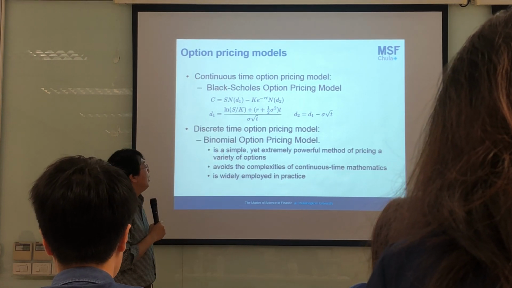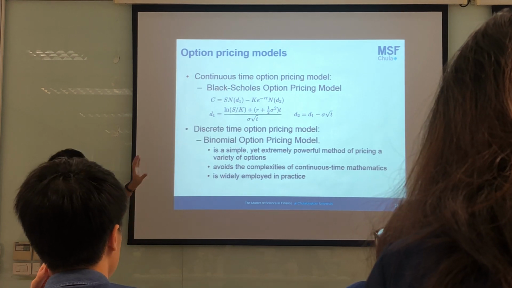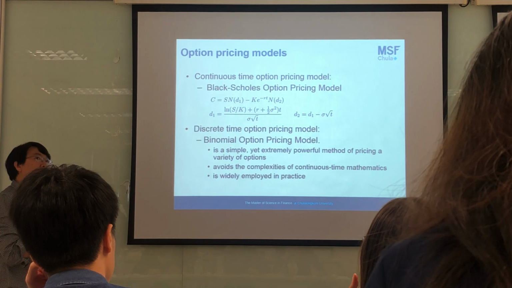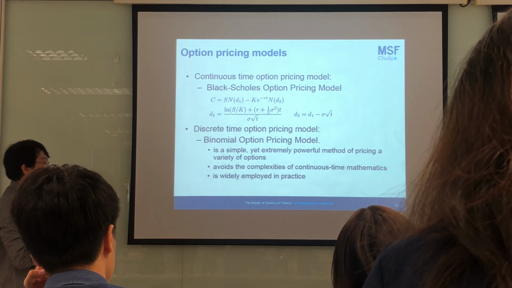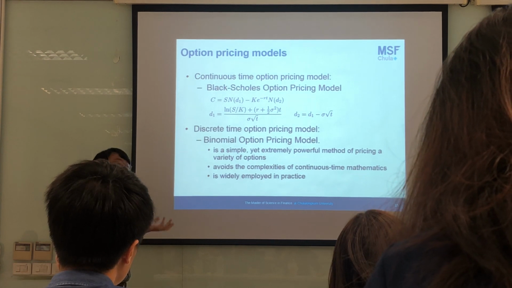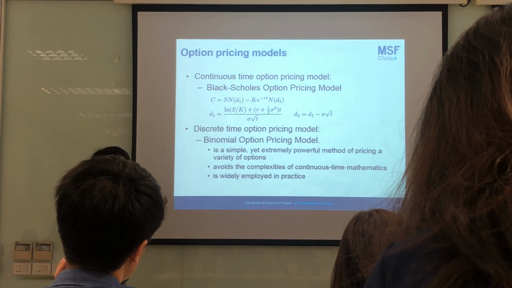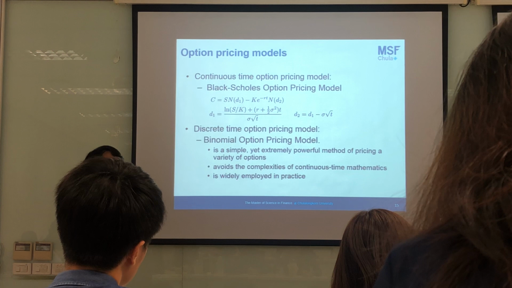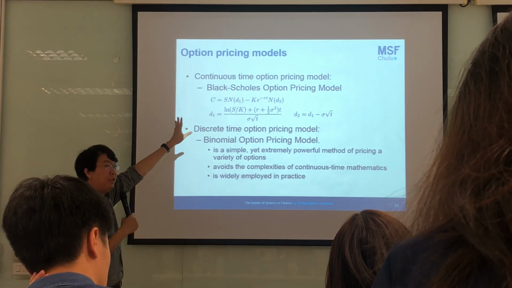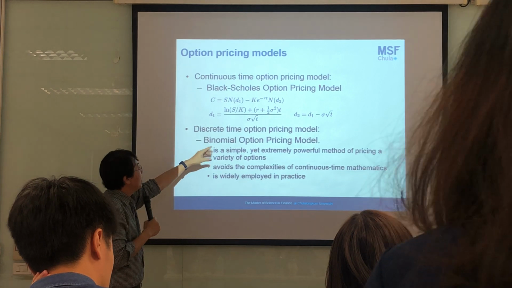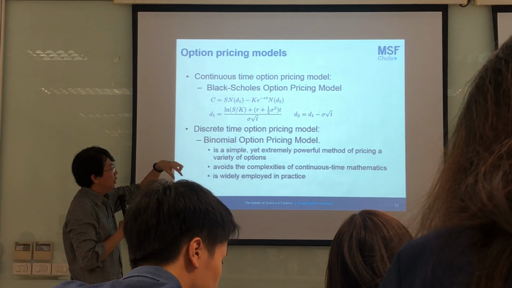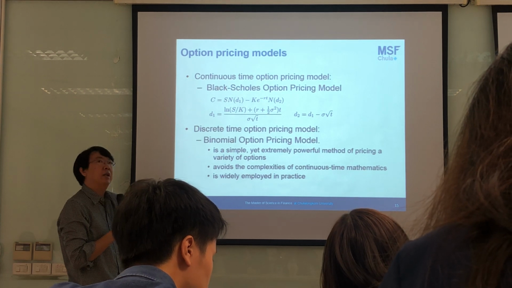For the first one, the assumption is that interest rate is continuously compounded. They use the continuous time approach, but for this one it will be the discrete time approach. You understand the meaning of continuous time and discrete time, right? The time period cannot be divided in the first approach, but in this one, 1 year can be divided into different time periods.